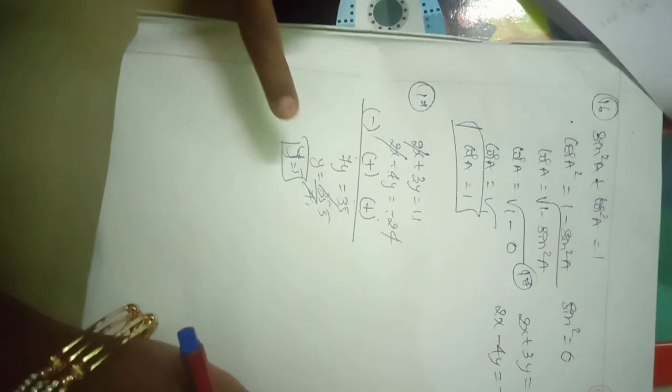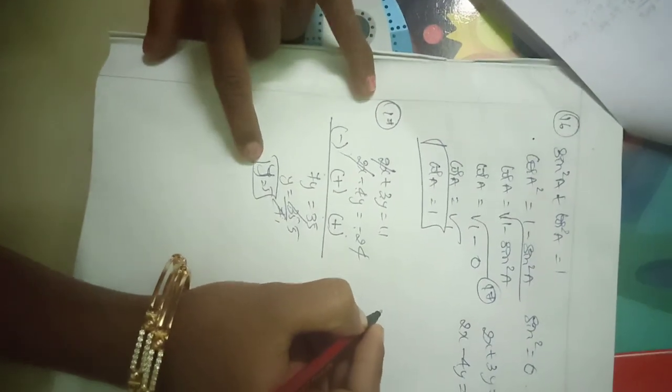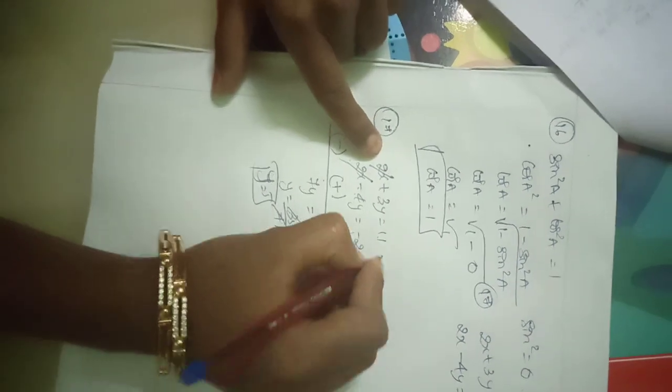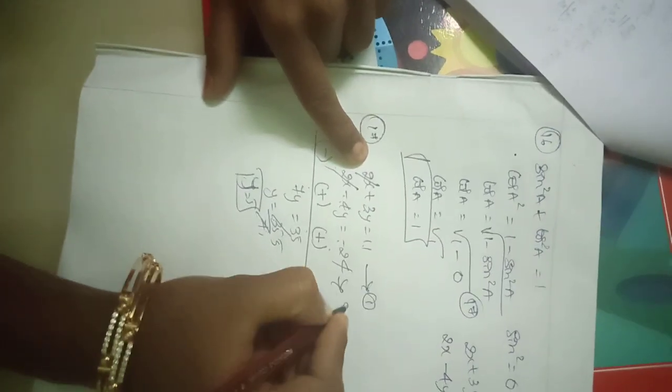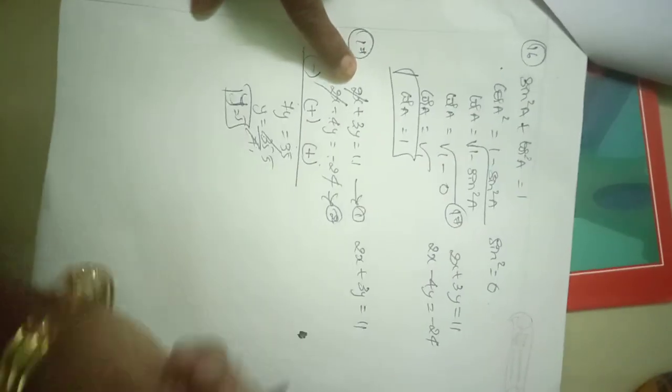Now we have got the value of y. Next we only want the value of x. So what will we do? We will take the y value and substitute it in any one of the equations. We can substitute in equation 1 or 2. I will show it with both equations, to see whether the answers come the same or different.